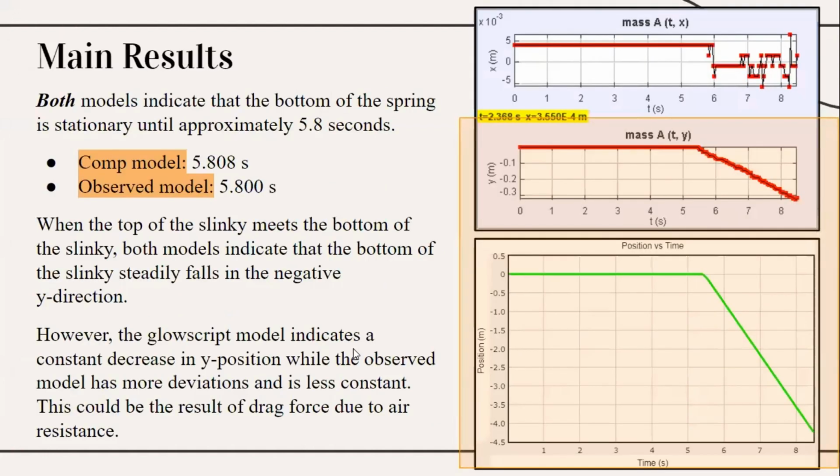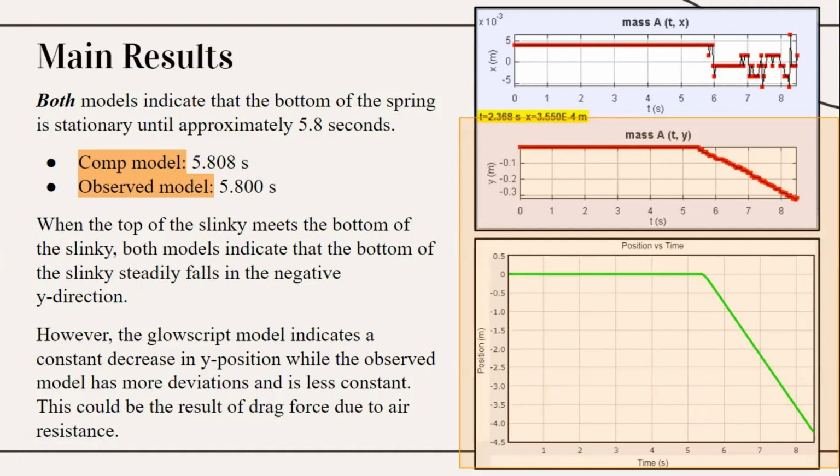Discussion and results. Main results. Both models indicated that the bottom of the spring is stationary until approximately 5.8 seconds. This is shown on both of the graphs, boxed in orange. When the top of the Slinky meets the bottom of the Slinky, both models indicated that the Slinky was steadily